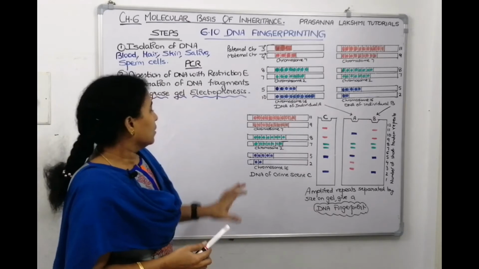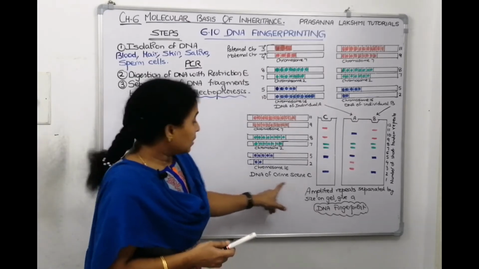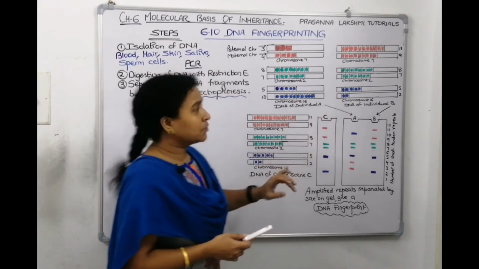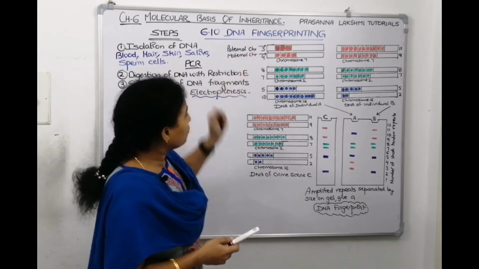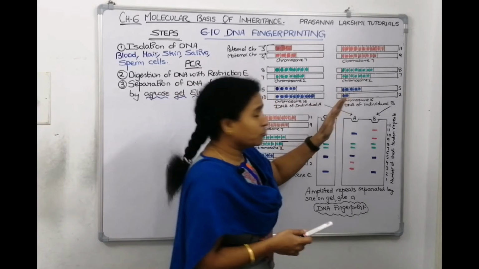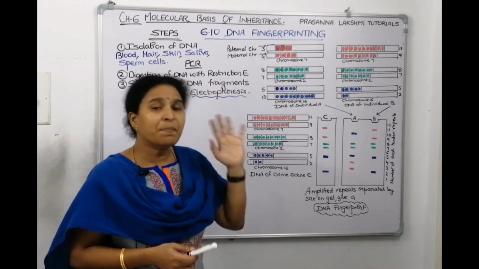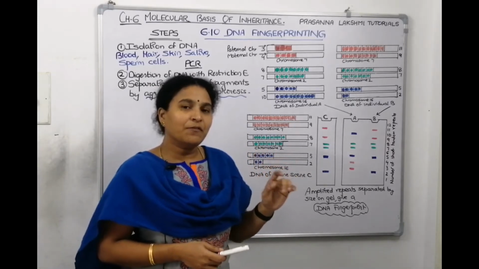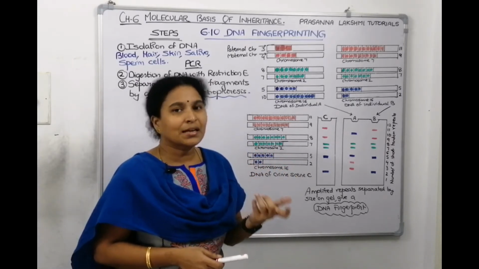So here, this is the crime spot DNA. This is the DNA from the crime scene they gave. And these two are the suspects. Suspect A, these are the chromosomes. Suspect B, these are the chromosomes. They can take all the 23 pairs of chromosomes and show them, but this board will not be sufficient, right? So if we just check a few chromosomes, it will give you an idea.